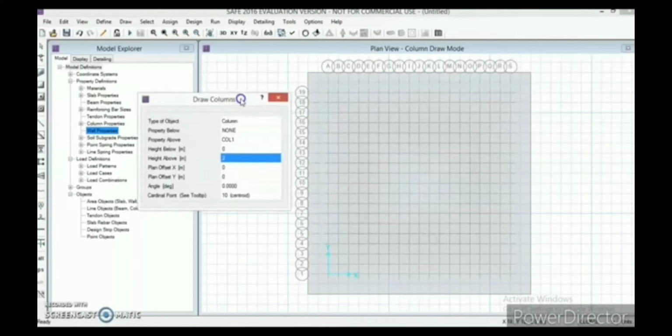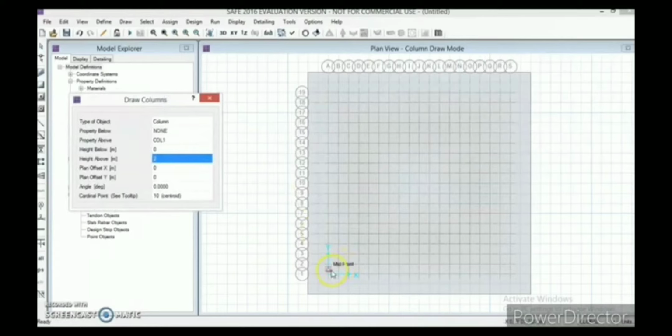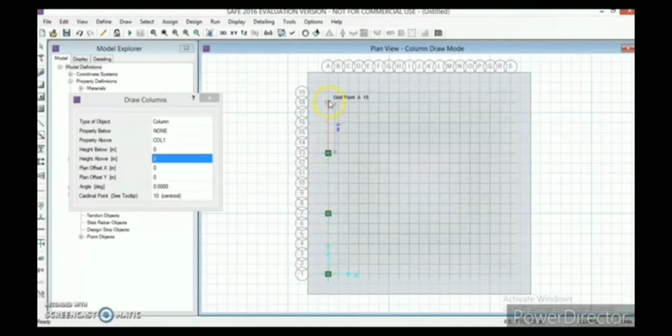And now place your columns with 6 meters of gapping, right? 6 meters of gapping, and these are your column 1.